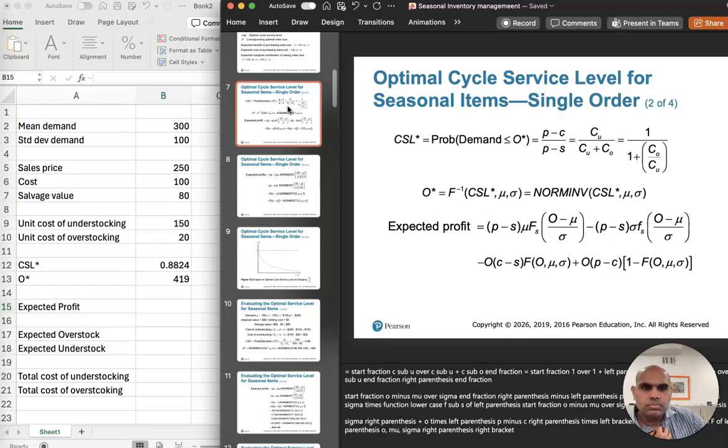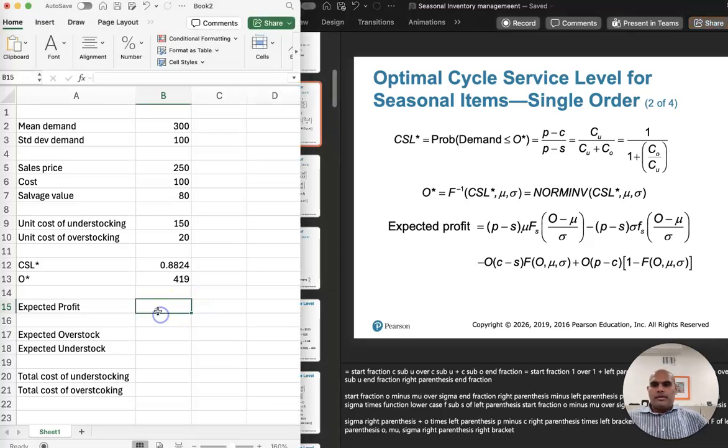Right, so that's the expected profit. I'm going to write out the whole expression, and as you can see, it is definitely pretty involved. So it's P minus S, the difference between the price and salvage value, times the mean